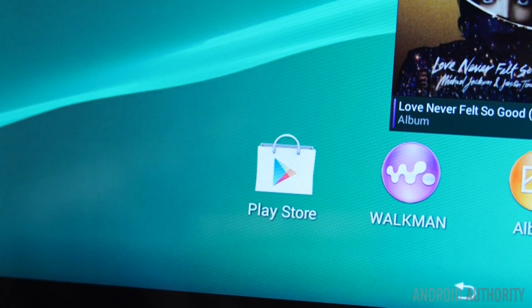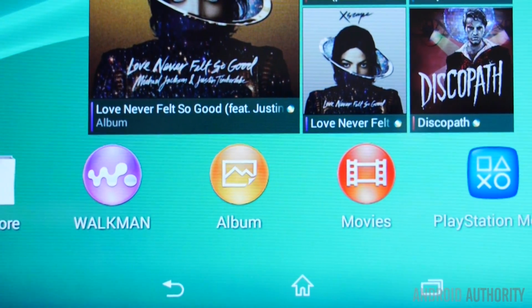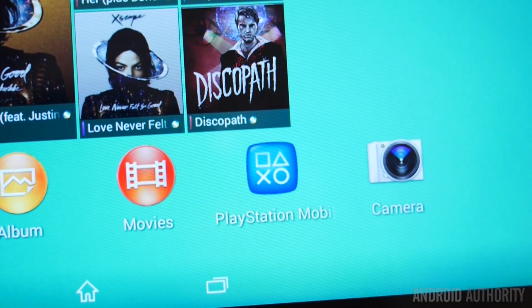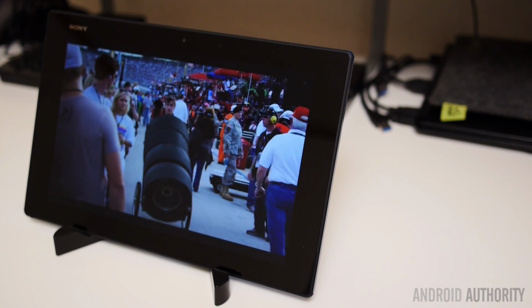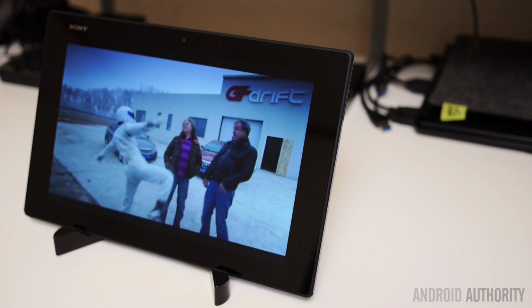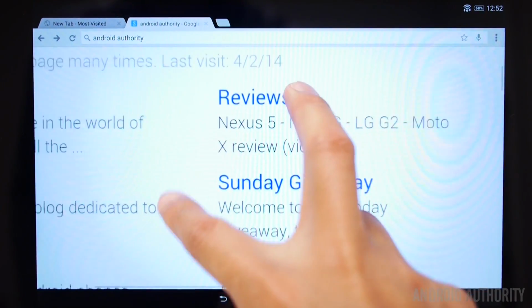Now there are Sony's own enhancements of the Live Color LED, which adds extra colors to the already established LCD color gamut, along with the Triluminos and then the X-Reality for media viewing. Basically all of this means that you get a display with very deep contrast and great color reproduction, resulting in an experience that is quite cinematic in nature and, if I may say, very much what you think Sony would interpret media viewing to be. And though the pixel density might be lower than found on certain competitors, I found no reason